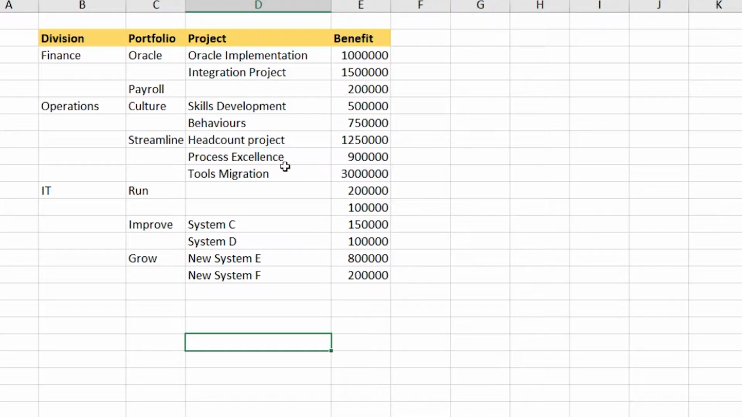A Sunburst chart is a really useful tool for showing hierarchical data structures. And it's probably better that I just show you how to make it and we'll figure it out from there. What we have here is 4 layers of data: 1 of divisions, 1 of portfolios, 1 of projects, and 1 of benefits